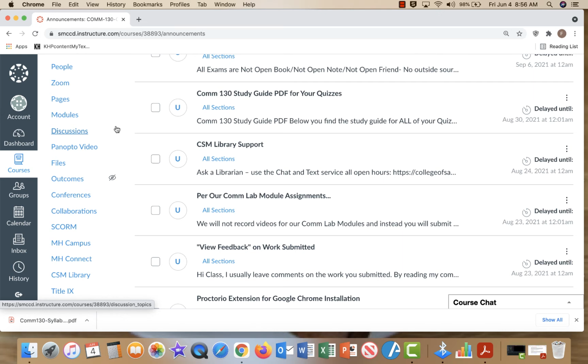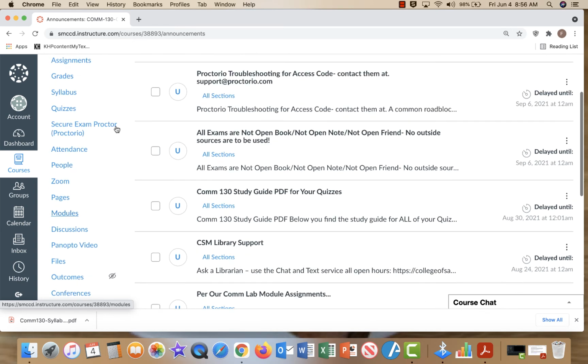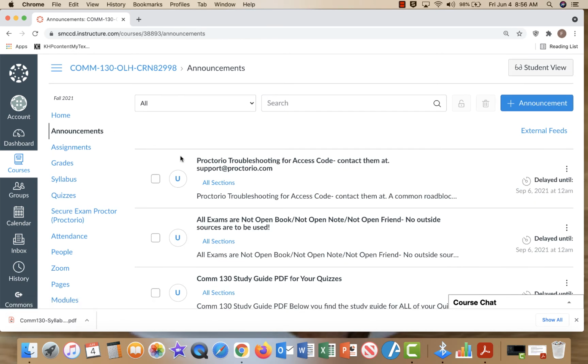It'll probably help you here as well as all of your other classes. And I also send a link out for the Proctorio extension, for Google Chrome installation, and so on and so forth. This information that I send in the announcements is incredibly valuable. So please set up your Canvas so you get alerts when I send out announcements.